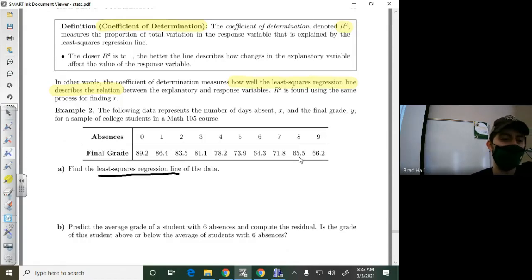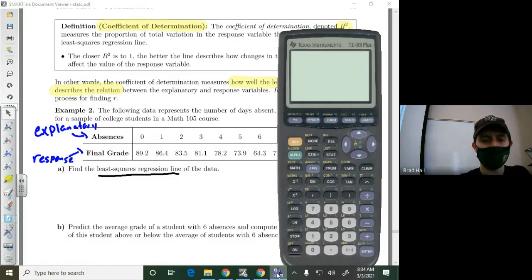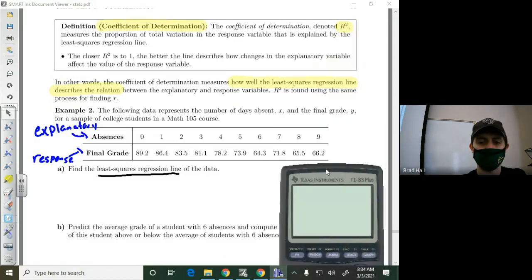Now this means you need to choose what the explanatory variable and the response variable is, which one would be the independent variable and which one would be dependent. I think the absences would explain the final grade, or the final grade would respond to the explanatory variable, which tells us that in our calculator, when we go to type all of this stuff in,